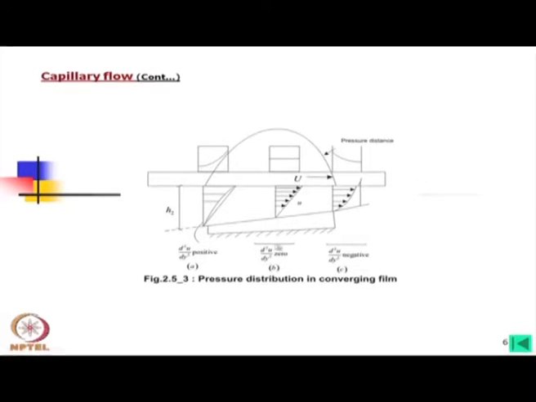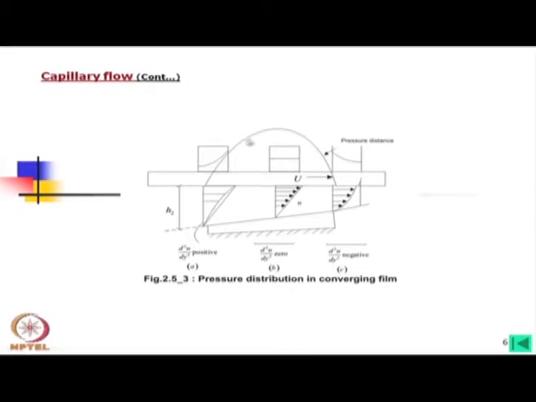In this case it is 0 at the middle where the gap is h, you can say, and here it becomes negative, which is also shown in this form. Now, at this point and this point there is no existence of the plate, so definitely the pressure will be the atmospheric pressure, that is 0. So, this must be that pressure map, the pressure